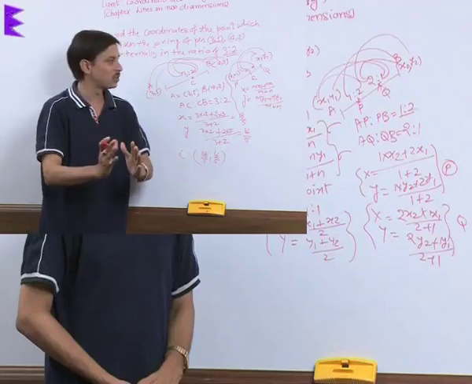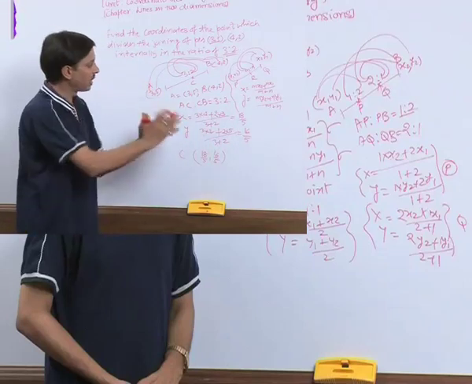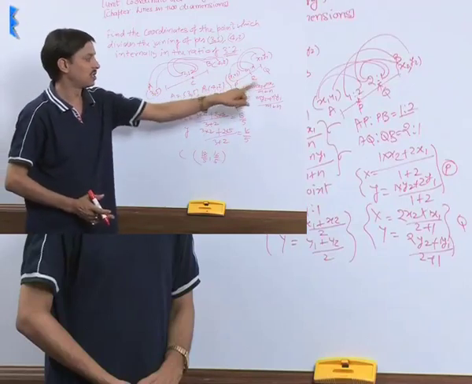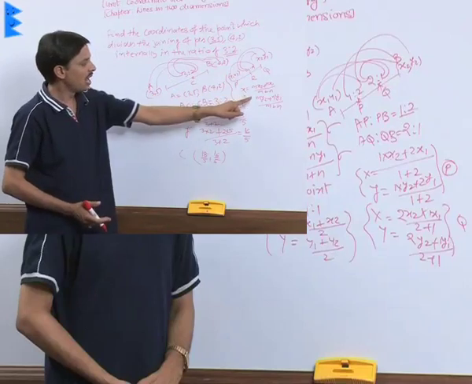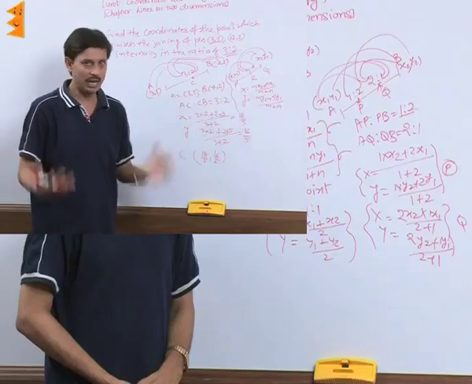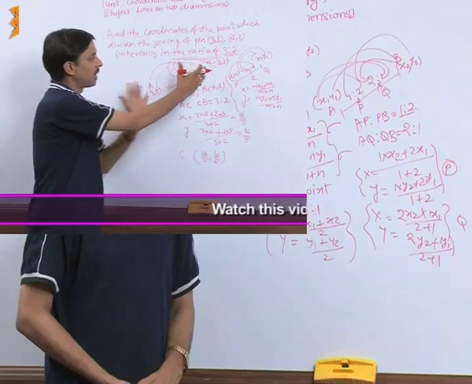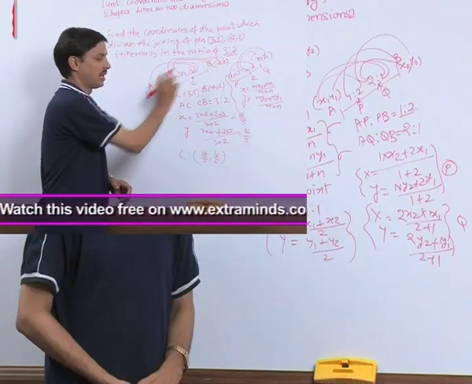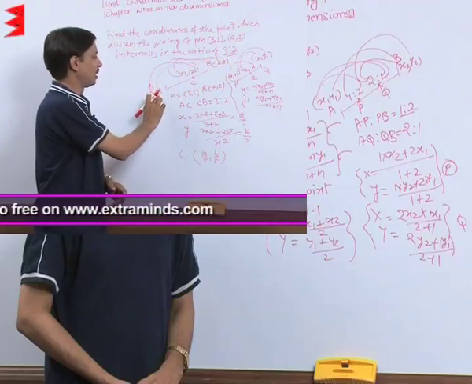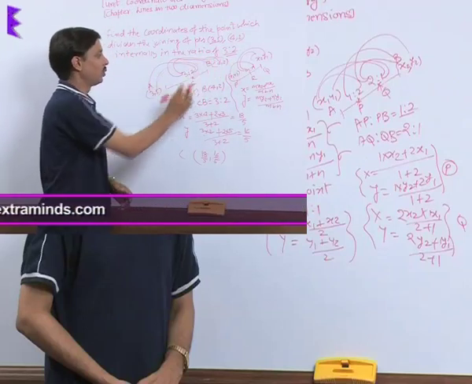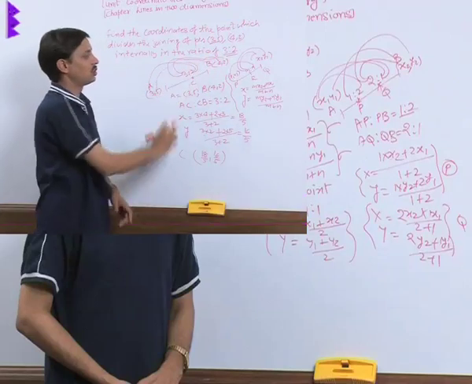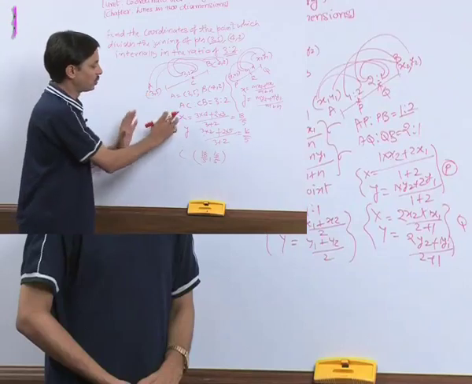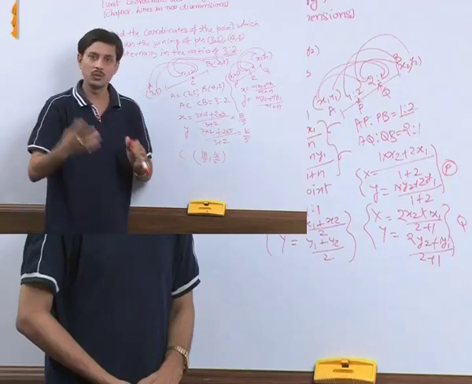So this is the simplest way to use the section formula, and always remember it is mx2 plus nx1 upon m plus n, my2 plus ny1 upon m plus n. With the help of this, after comparing, this is x1 y1, this is x2 y2, this is m, this is n. x1 is 3, y1 is 5, x2 is 4, y2 is 2, m is 3, n is 2. After putting all these values, we have obtained the values of x and y. So this is one of the uses.